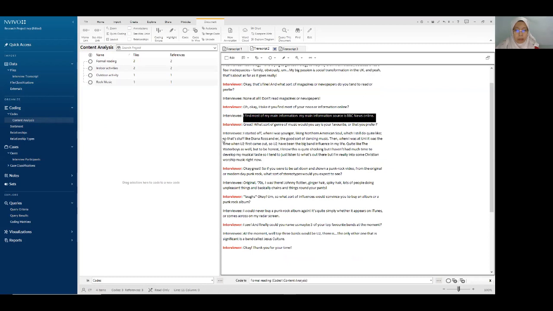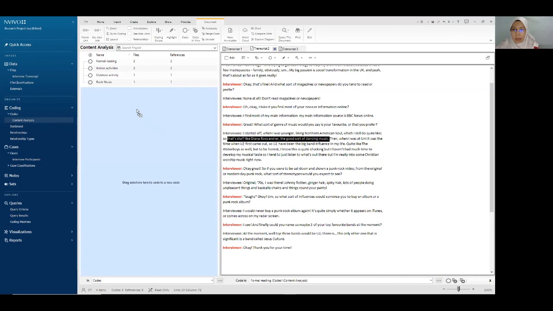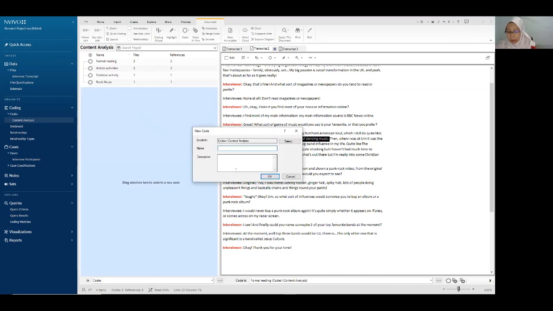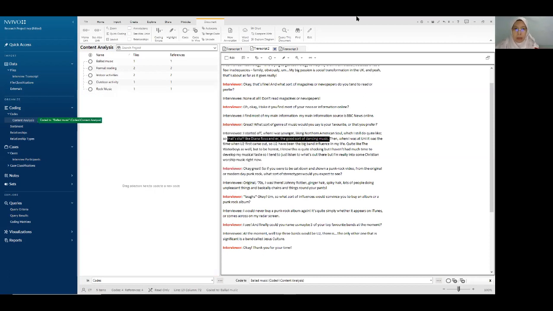Okay, so maybe this one is dance music, or they call them ballads. I just highlight it. It's not in the list, so I put it there. The genre is ballad music. Okay, then I